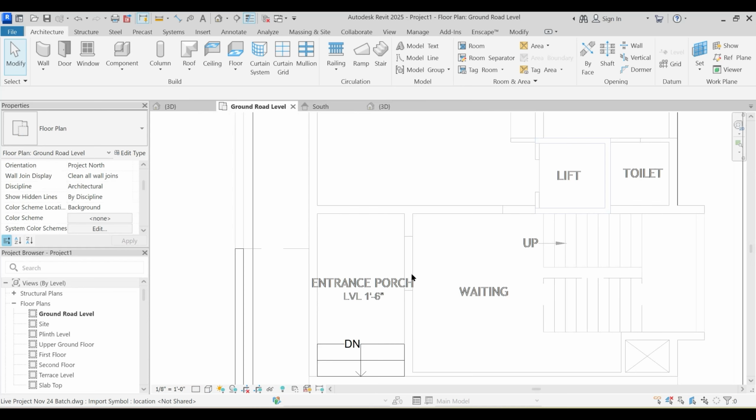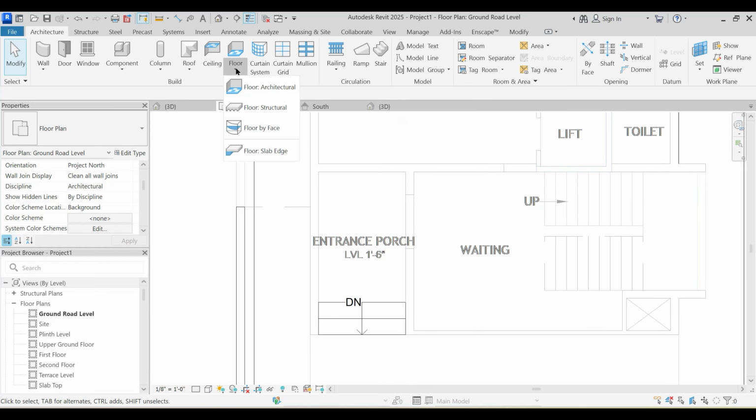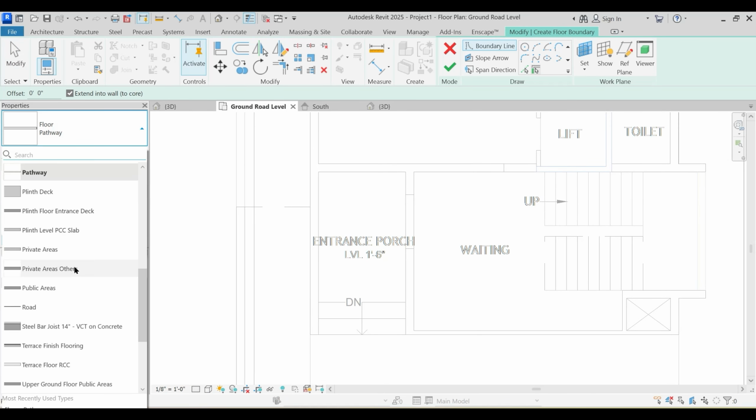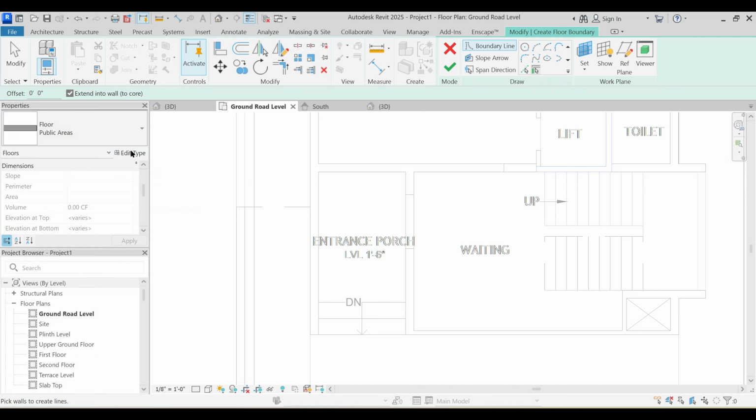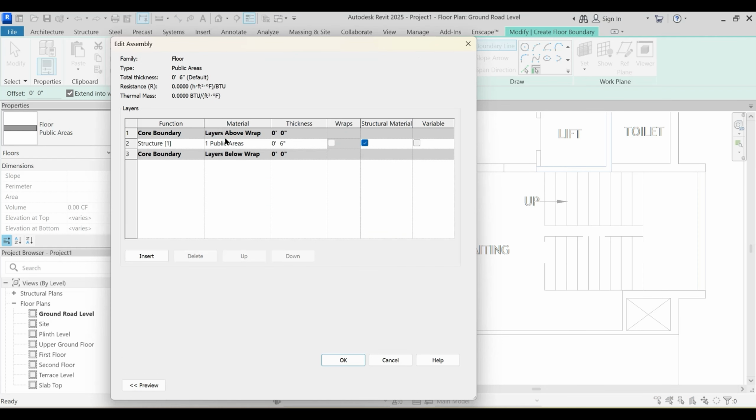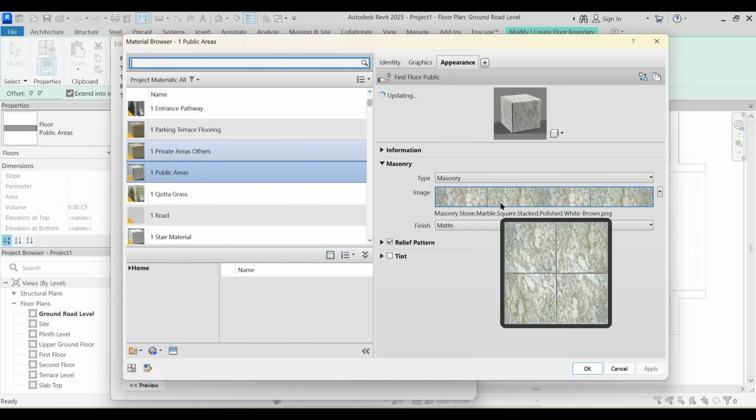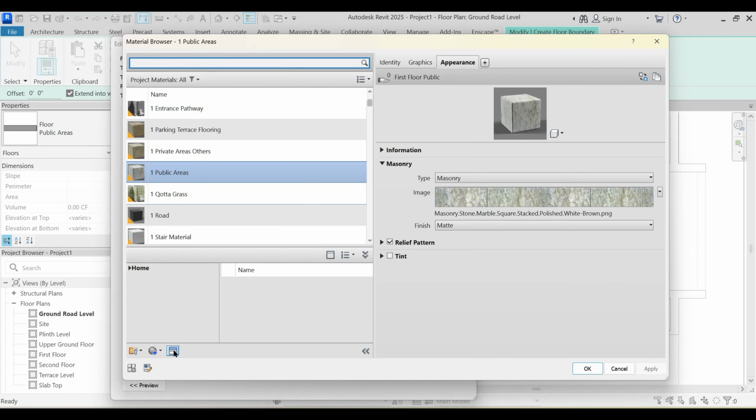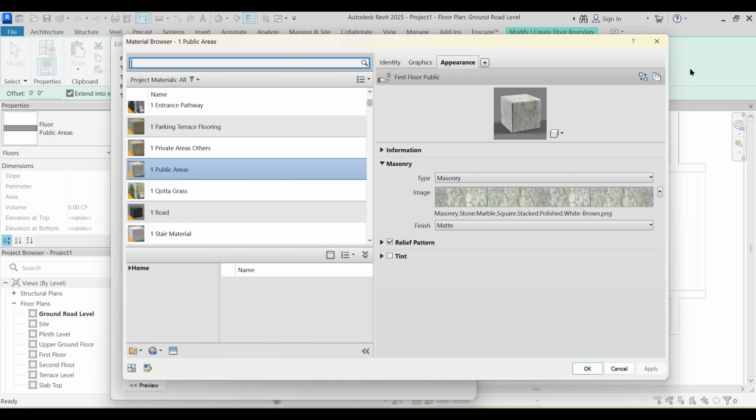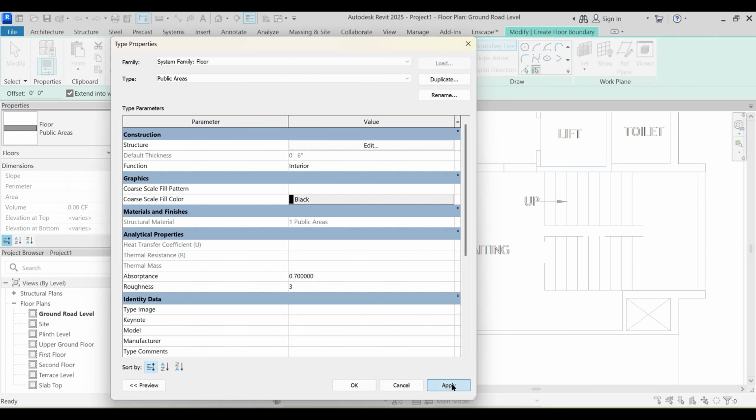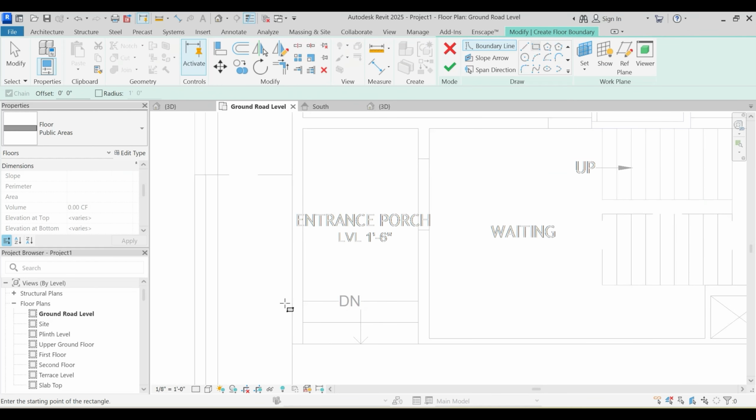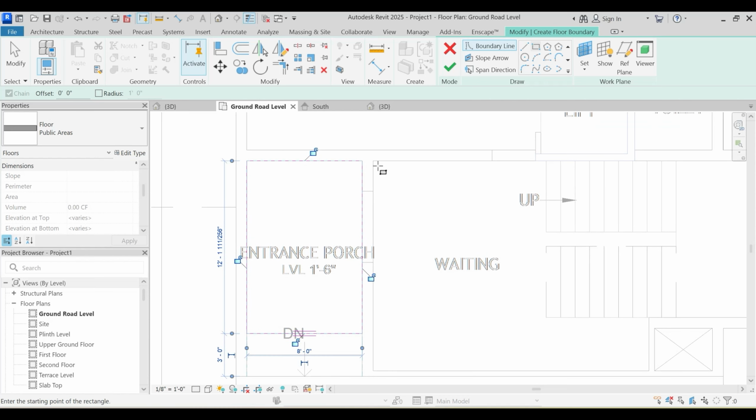Ground road level and floor, floor architecture and public areas. This is the typical flooring, 6 inch, 150 mm, 0.15 meters, 15 centimeters, and this material has been applied to that. This is also an existing material of Revit, which has been accessed from the asset browser and replaced. Okay, and just give it your desired name. Apply. Okay, rectangle